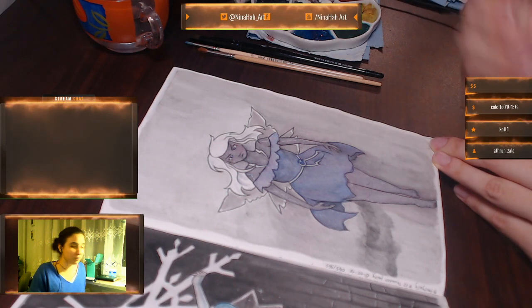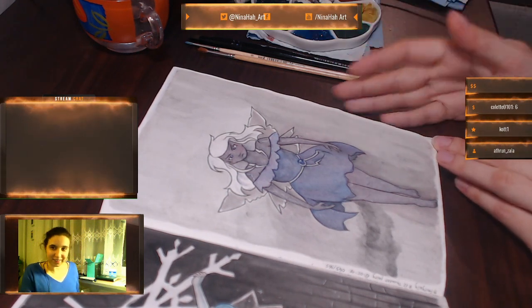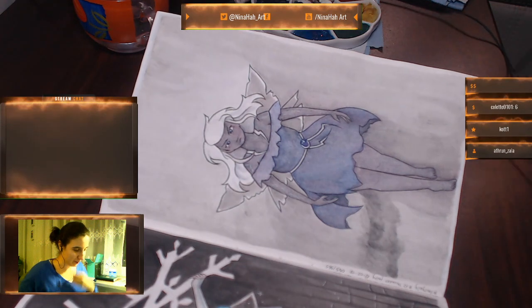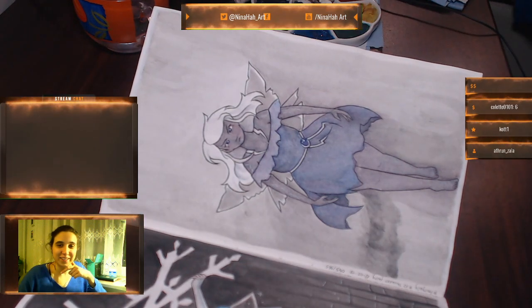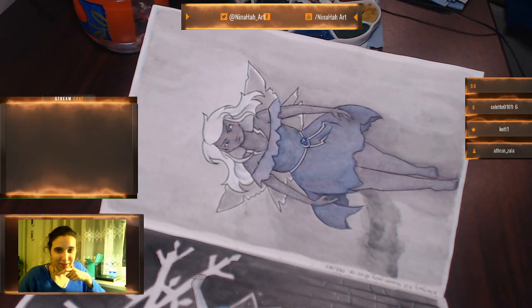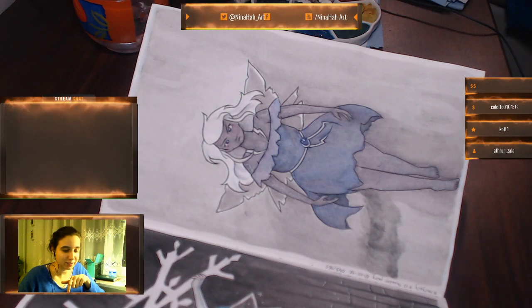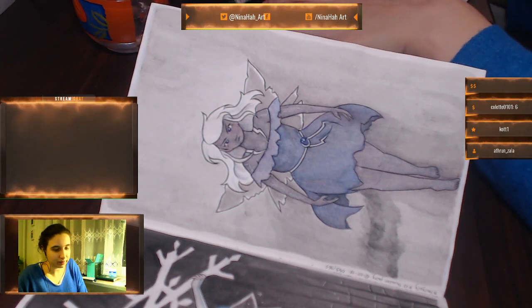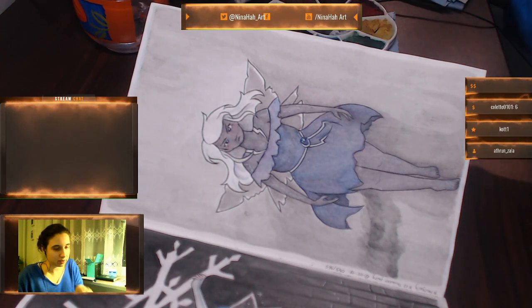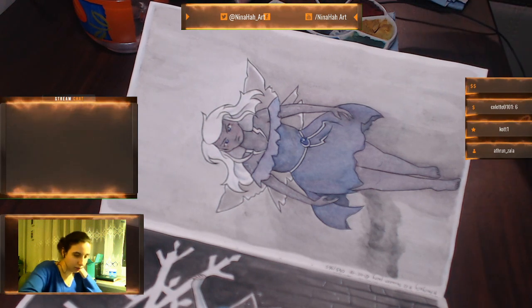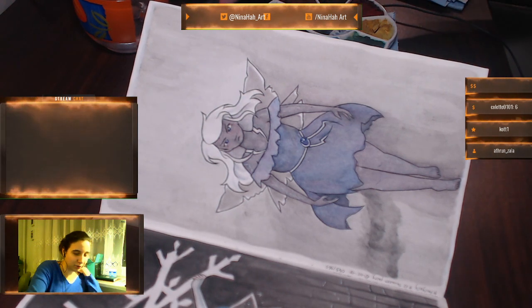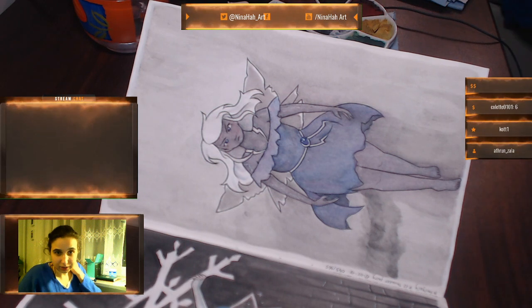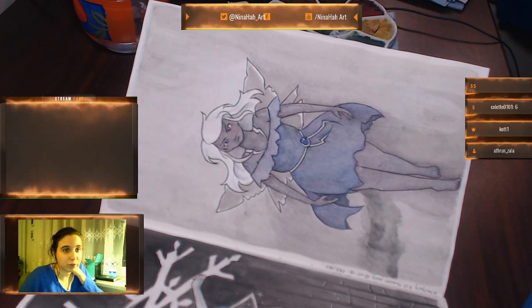She pretty much requires me to fill in the background, because as you see, it's just very gray and bland and unfinished. So I have prepared my watercolors here, I have my brushes, I have some water, I have a dropper tool right now finally, and now I need to find some reference for a